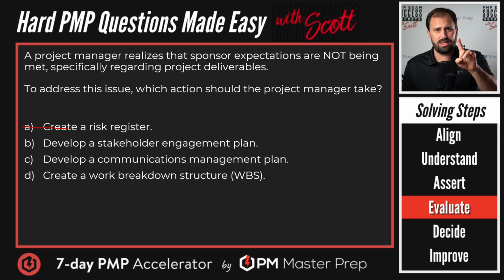I like the reasoning. I want to hang on to B. But let's go to C. Develop a communication management plan. That's the other side of the coin. I like that too. We need to have a communication management plan, right? And is this a communication management issue? Yeah, I mean, we definitely don't think that they know about it, and how we communicate is important, so we're going to get it through. So I'm going to hang on to this. We've got B and C as people in the clubhouse. I like that. Now, let's go to D.